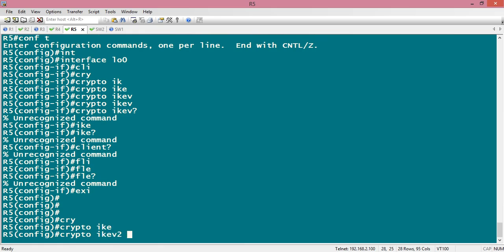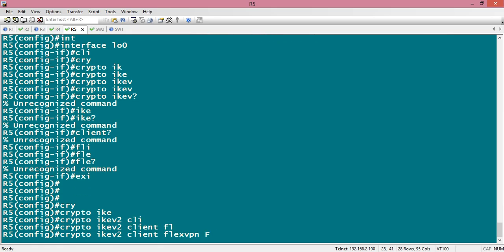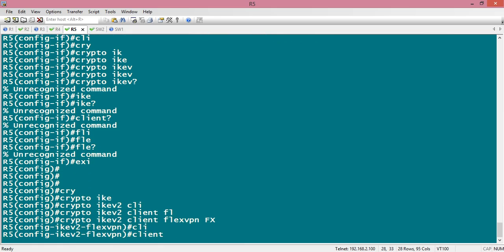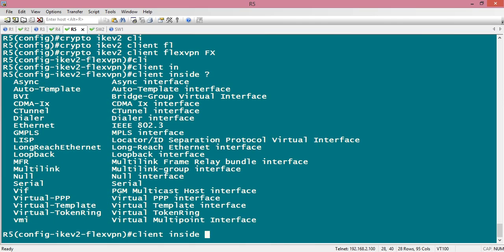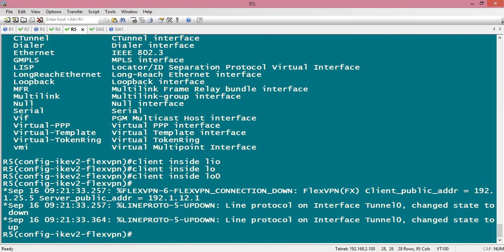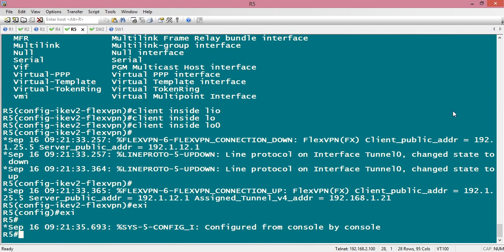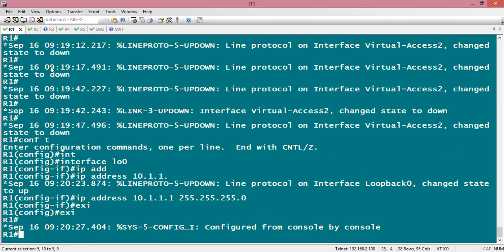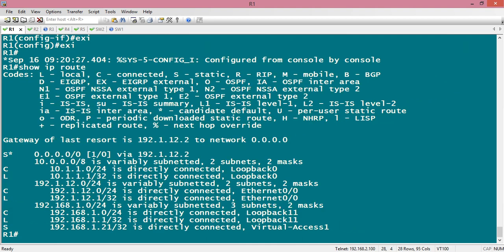Crypto IKEv2 client FlexVPN FX, client inside loopback 0. Telling him my inside is loopback 0. Remember, we used to do it where? EasyVPN, inside and outside. Outside, he already knows which one it is. Inside, but there's a difference here. When I do this,